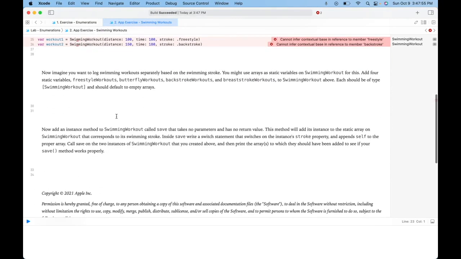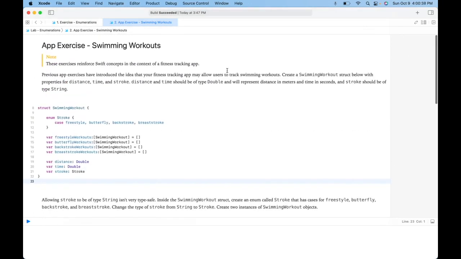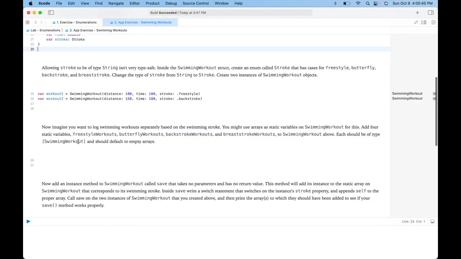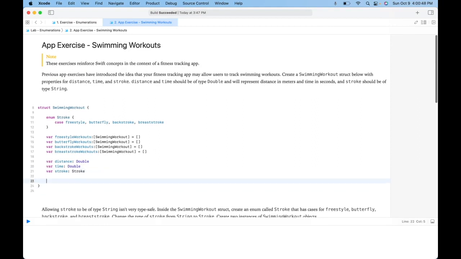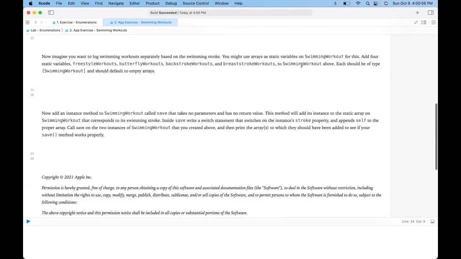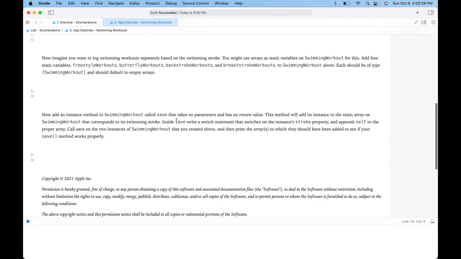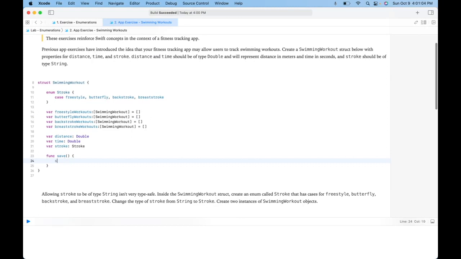Great. Now let's add an instance method to SwimmingWorkout called save that takes no parameters and has no return value. So let's add the instance method save. So let's create a function called save. It takes in no parameters and returns no value. And it appends self to the proper array. So we're going to write a switch statement. So inside save, we're going to do